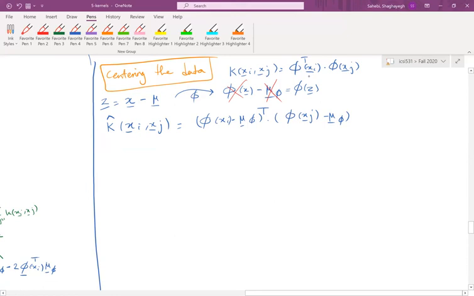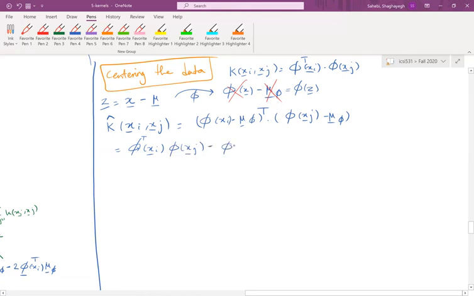So instead of just phi of xi and phi of xj, I replace it with phi of xi minus mu phi, which is centered phi of xi and centered phi of xj. Again, we don't have access to any of those individually, but let's see what is the multiplication of these two. So if we do that, we will see that it's equal to phi of xi transpose phi of xj